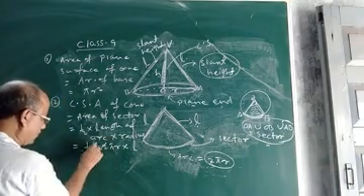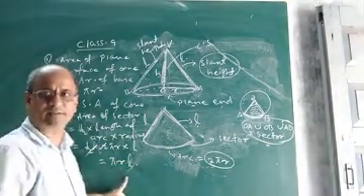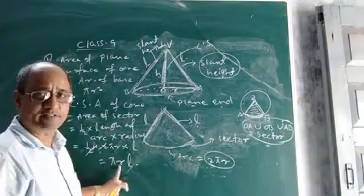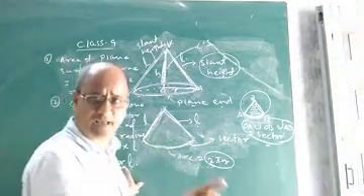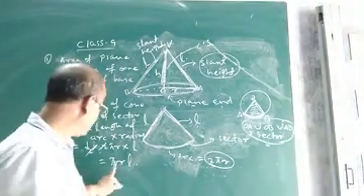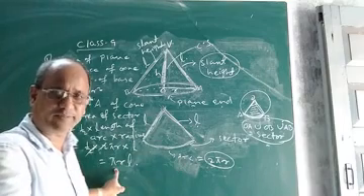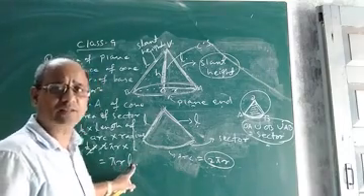Now you see, 2 and 2 cancel. So what did you get? Pi r L. See, look at children, this is a very interesting thing. So this is the formula. Curved surface area of a cone is equal to pi r L. That means pi into r into slant height. Pi you know is 22/7. R is radius and L is what?